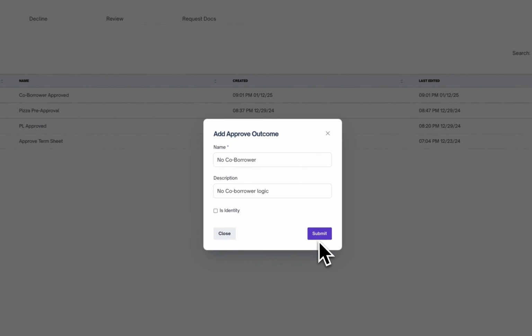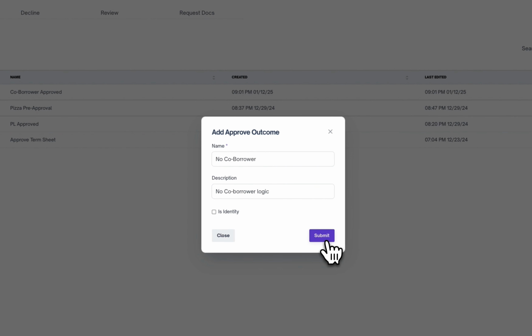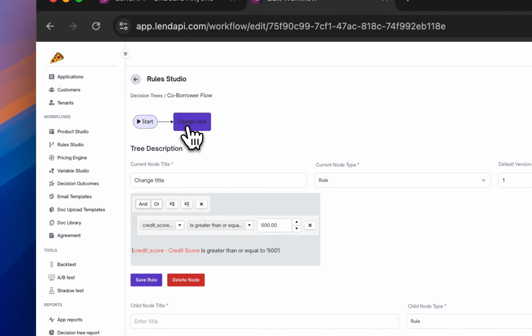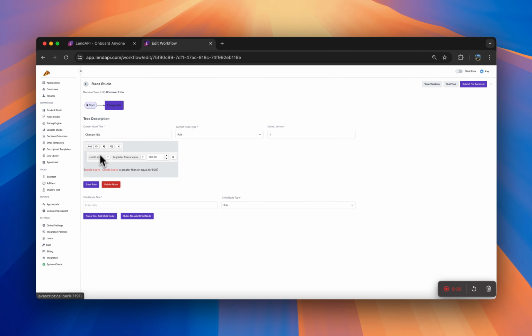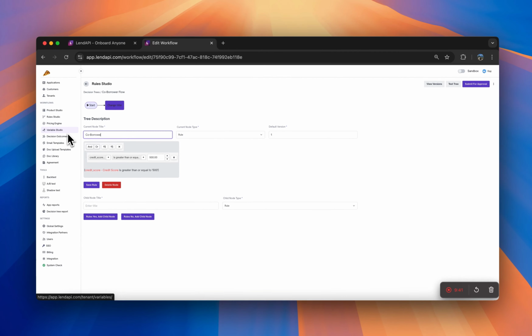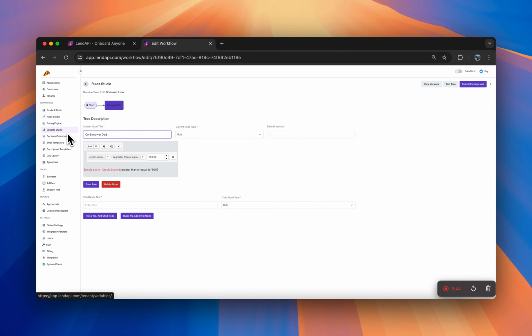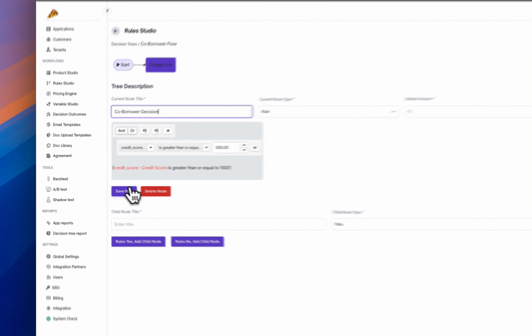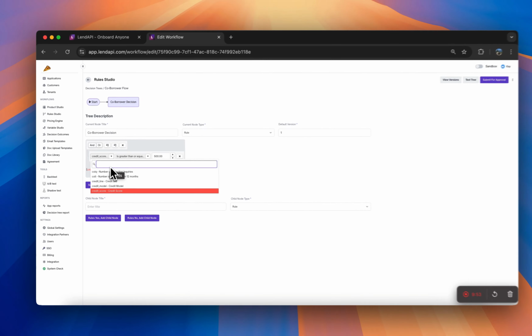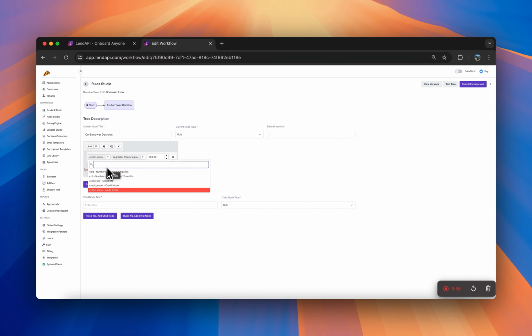Logic. Okay. Now that we have our 2 approved outcomes ready to go, let's navigate back to our decision tree and start to create. So this logic should be very simple. We're going to leverage the co-borrower Boolean, and we are going to be utilizing that to actually trigger the rule. So the co-borrower